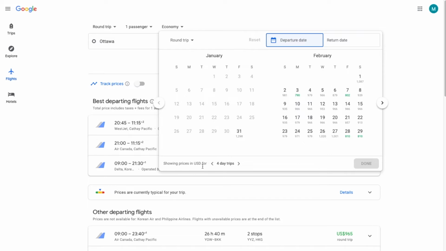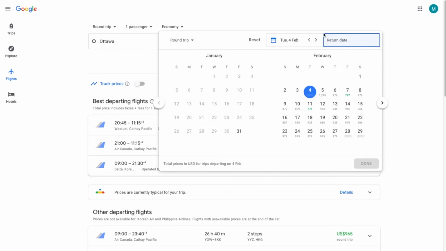Let's say you have a 1-week vacation. This is a short vacation to go to Bangkok, but for this example, it will be fine. So you have 7 days to play with. If you can leave any time during this week, you would select the 4th because it's going to be the cheapest flight. Once you click on it, you'll now notice that the return date is highlighted,